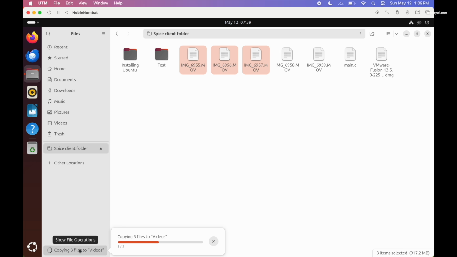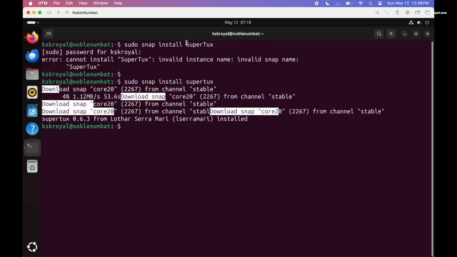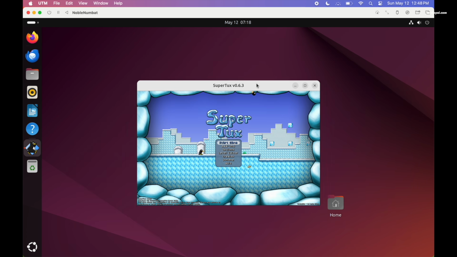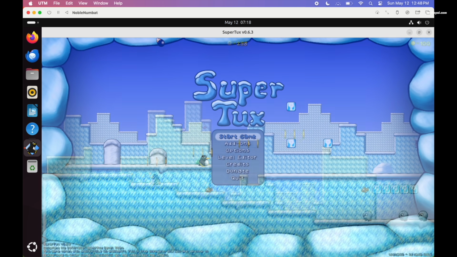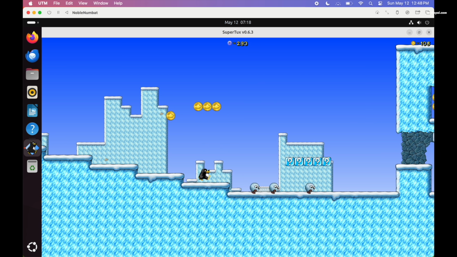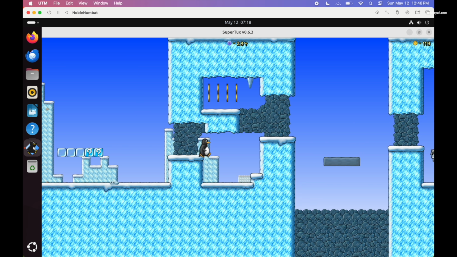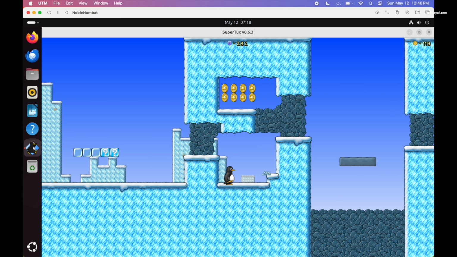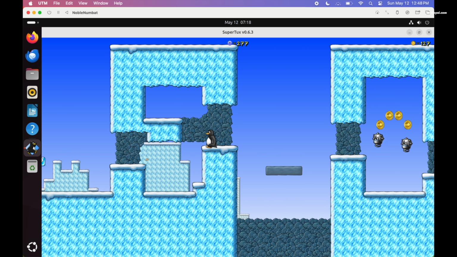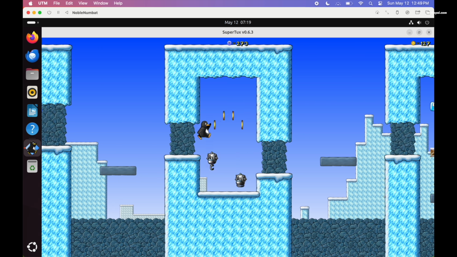Now, thanks to the hardware OpenGL acceleration, this indeed improves the performance of GUI applications. The animations and transitions are buttery smooth when opening the applications. I feel like I'm running Ubuntu on bare metal, so allocating more CPU cores and RAM indeed makes the VM respond faster. Now apart from that, Ubuntu runs perfectly fine with no major issues on Apple Silicon Macs. I also tested some games like SuperTuxKart, and the gameplay was very impressive.